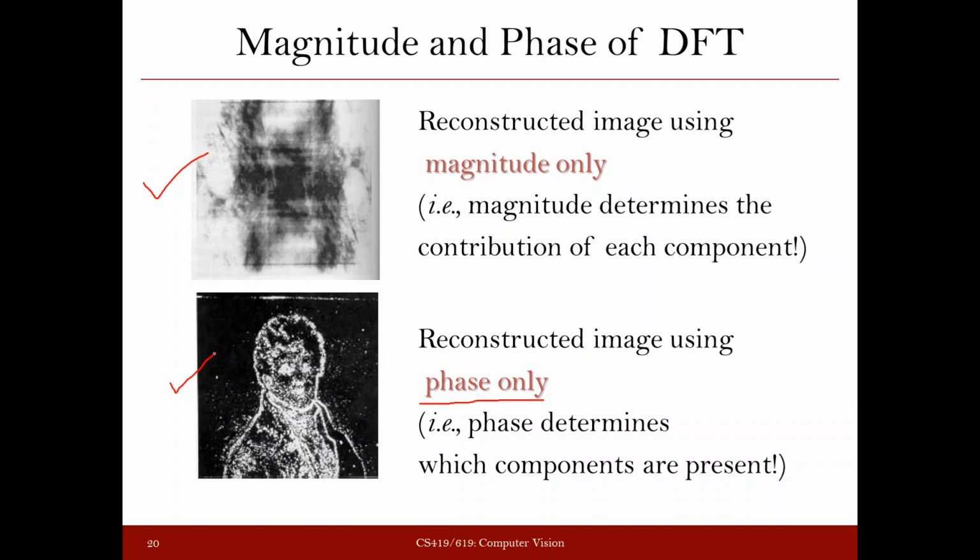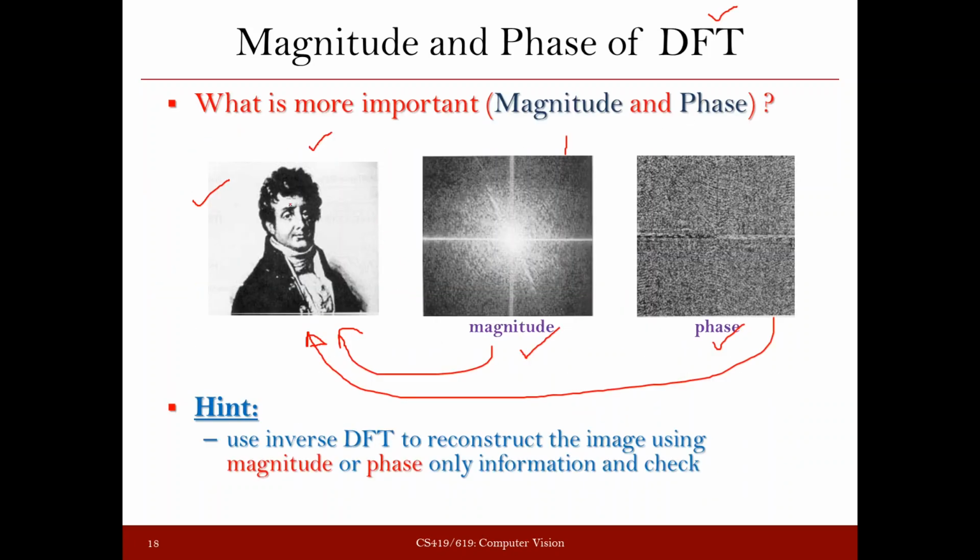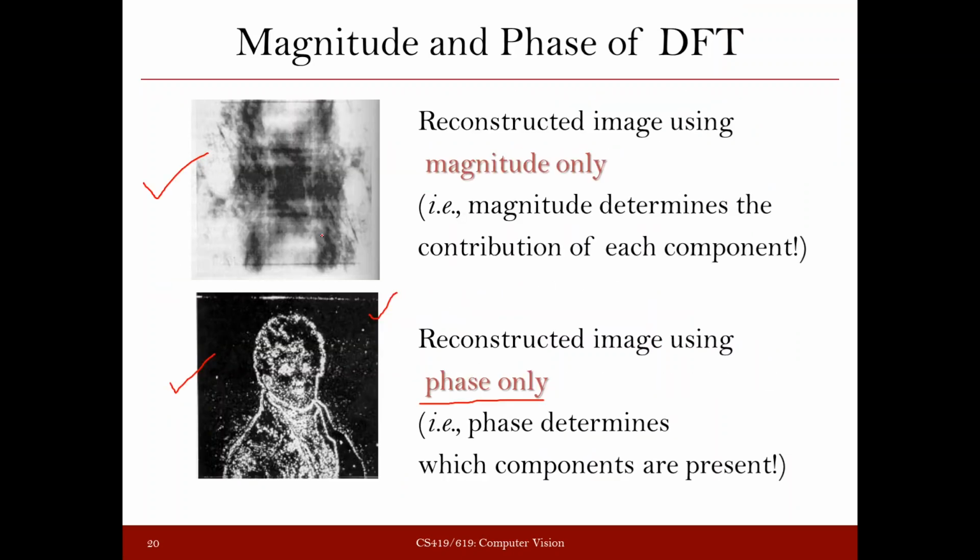Now from this result, it is very easy to say that what you get from the phase spectrum is much closer to your original image, because the original image was this one, and when you perform the inverse Fourier transform on the phase image, you get this image, which looks like a human face and a human body. You can identify the parts, right? But from here you are not able to identify anything. So with this demonstration, we can say that out of magnitude and phase, phase carries more information, and magnitude carries relatively lesser information.